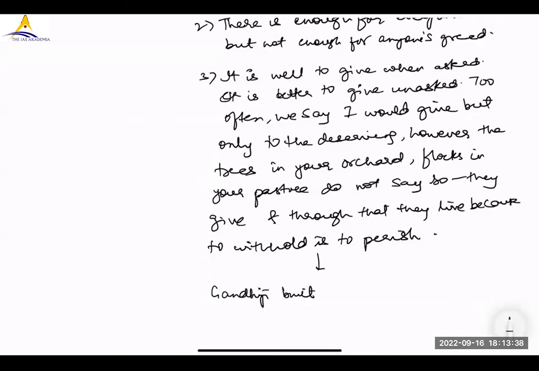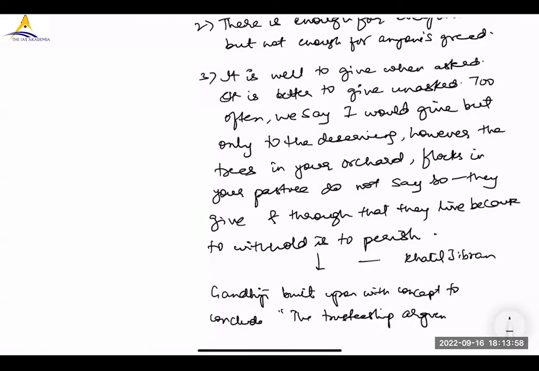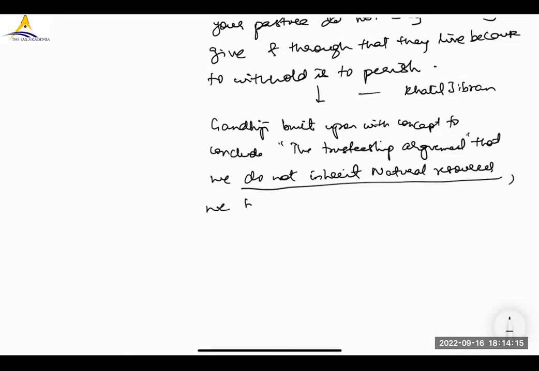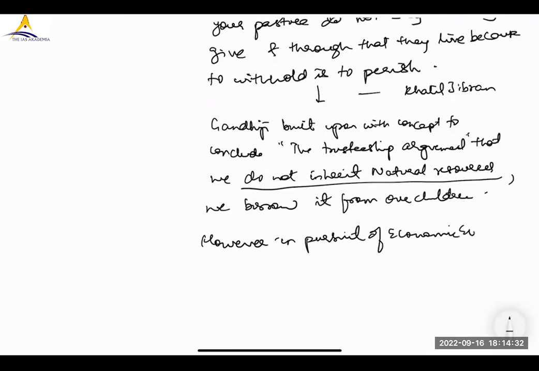Gandhiji built upon this concept to conclude the trusteeship argument. That is, we do not inherit natural resources, we borrow them from our children. However, in pursuit of economic excellence, what have we done? We have instead created